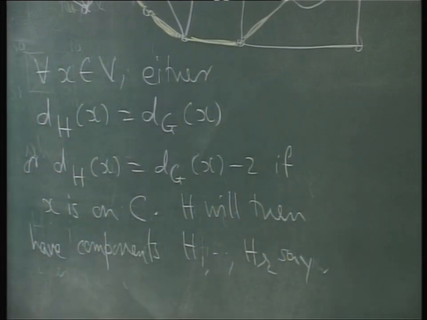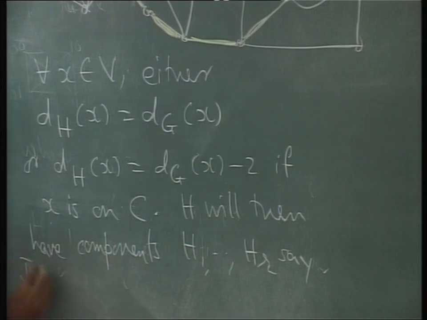What is the property of each one of these components? Either that component could be trivial, in which case there is no edge in it at all, and you can just forget about it. If the component happens to be trivial, there is no edge there to be covered, so I don't need to bother about it. Okay? Or